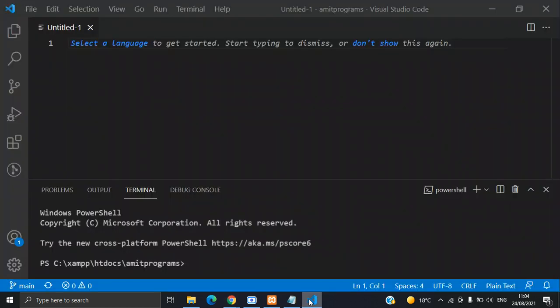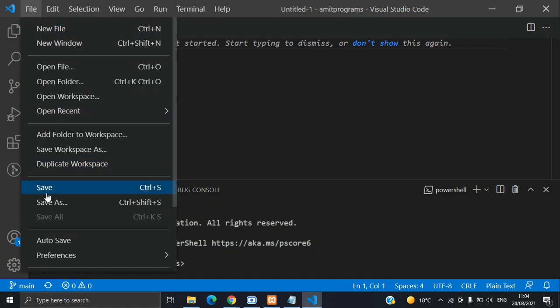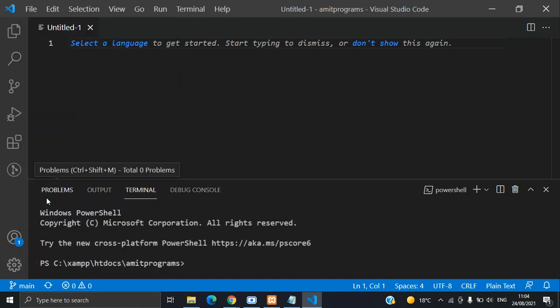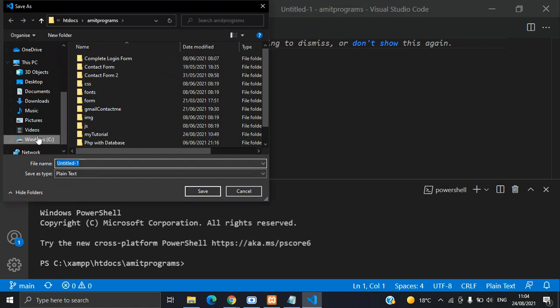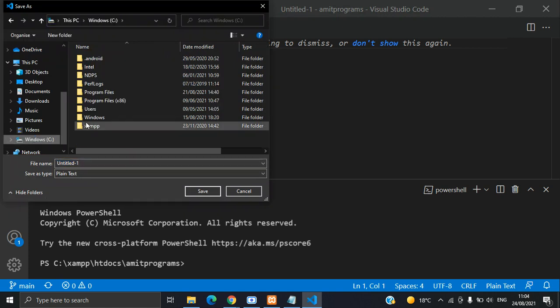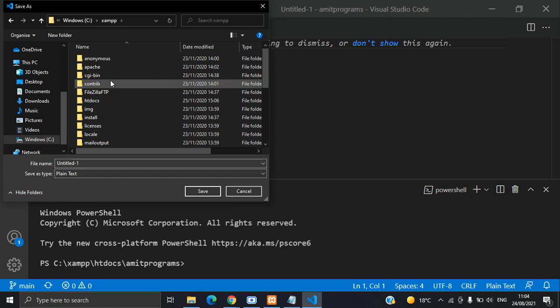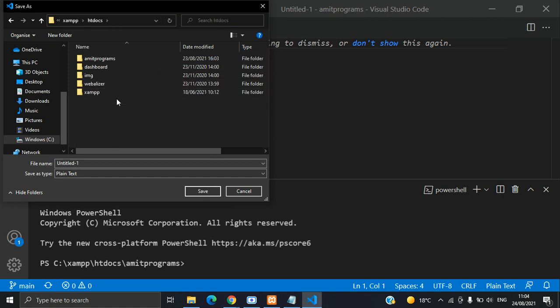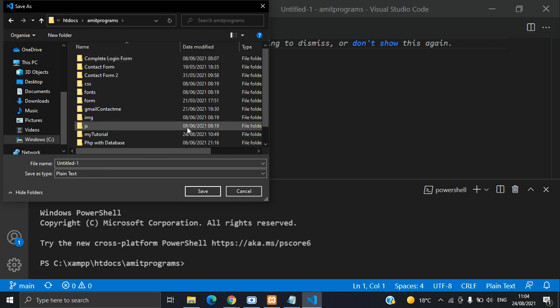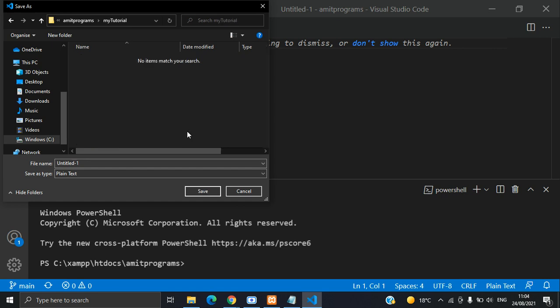Now let's link our PHP to our database. Go to File. I want to save this as... your directory is very, very important. I repeat that. Let's go to Windows, go to XAMPP, then go to htdocs, then to my programs. Here you can save anywhere you want. I have a folder which I've created, which is my tutorial. Here, I want to save this as